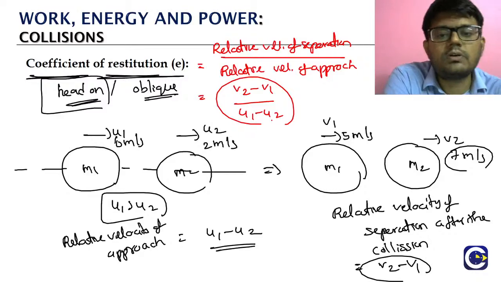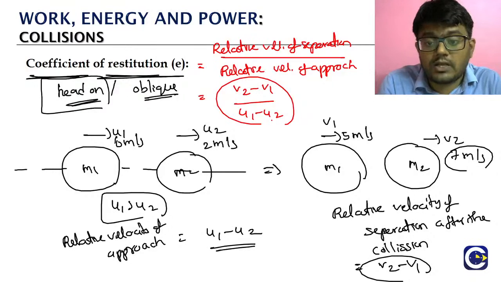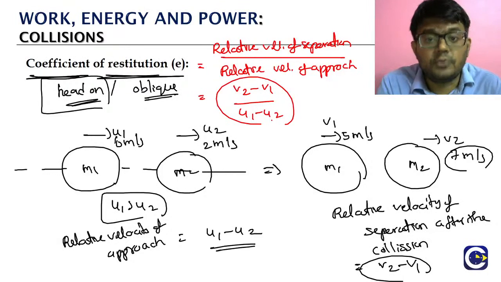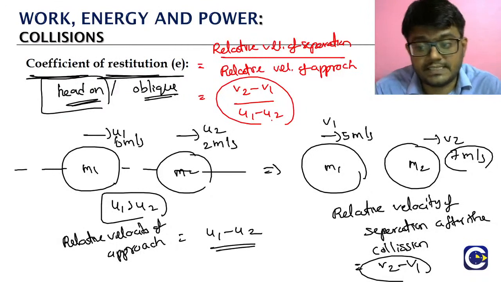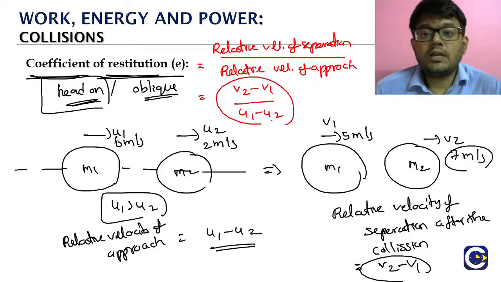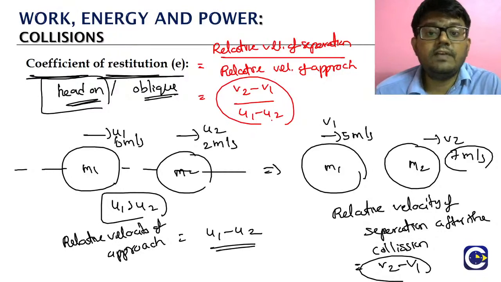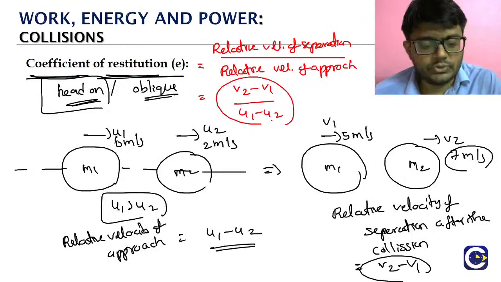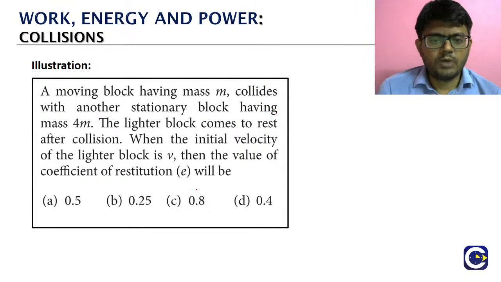So this is about the coefficient of restitution and why its significance is more when we talk about head-on, because the line of velocities is the same as the line of the impulsive forces. The impulsive force will be acting along that common normal line, which is the same as the line in which the velocities of the particles are present. So this is about the coefficient of restitution for head-on collision. When we go to oblique, there we will see the way in which we define the coefficient of restitution. We'll just wind up the session with this particular problem.